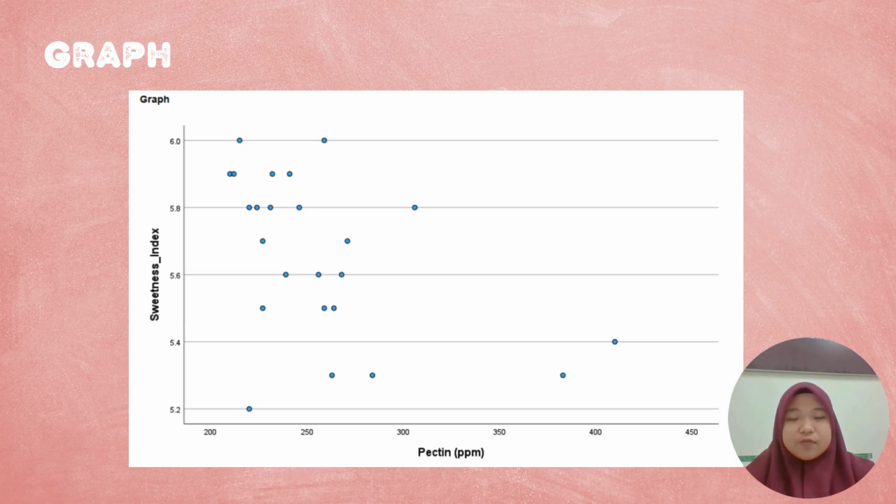The trend line for this scatter plot shows a moderate or low negative correlation. It is negative because as the amount of pectin increases, the sweetness index decreases. It is a moderate correlation because the data points are almost closely